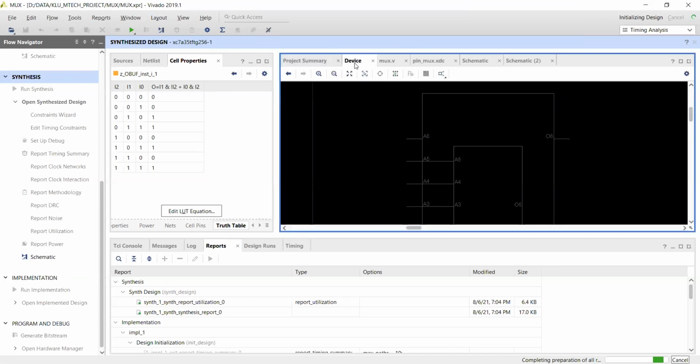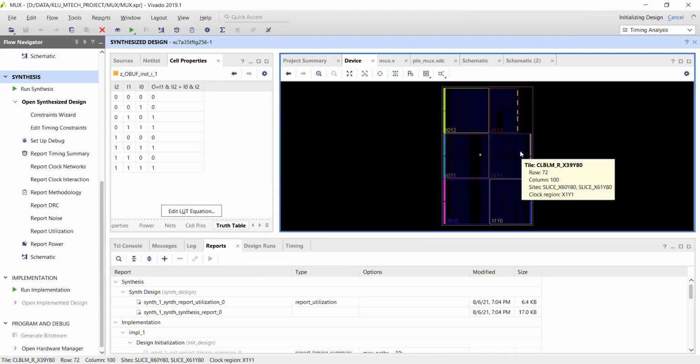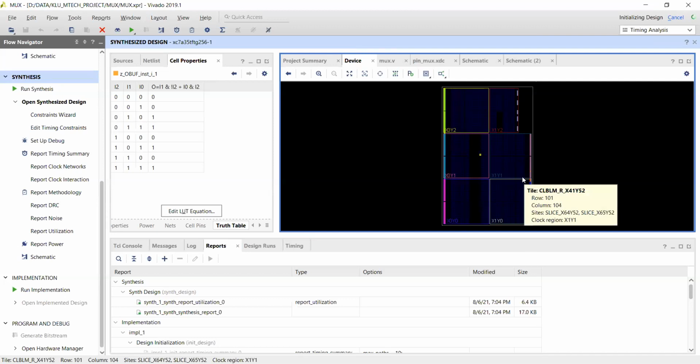You can see this is my design. This is my FPGA. Where the single LUT is placed, I don't know. So the tool itself places the LUT, and it will route automatically with respect to the IO pads. Here at the corners, left side and right side, IO pads are available. Those corners it will route. Then it is called place and route.